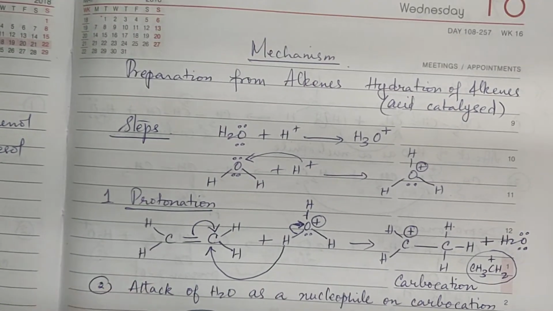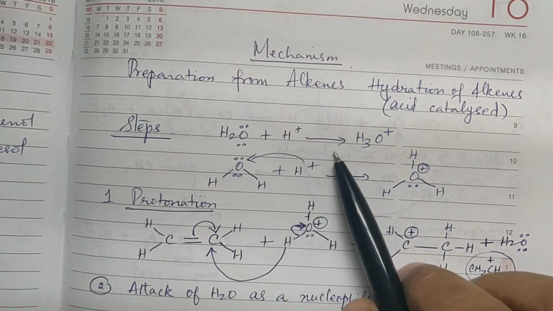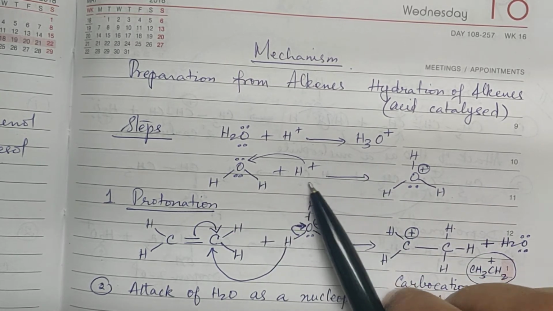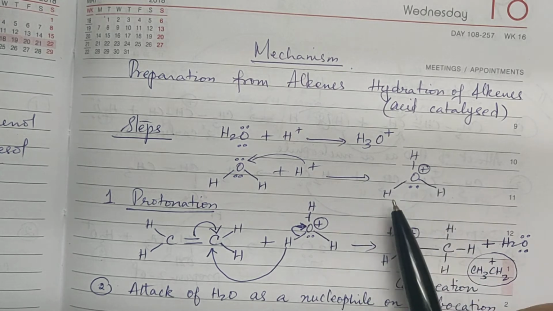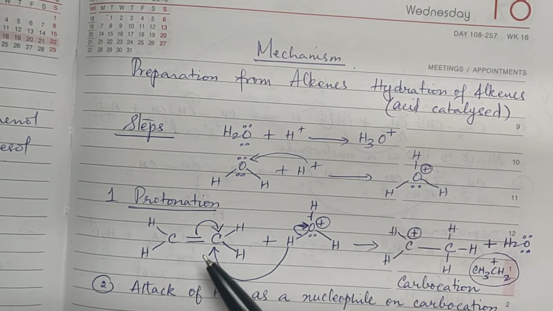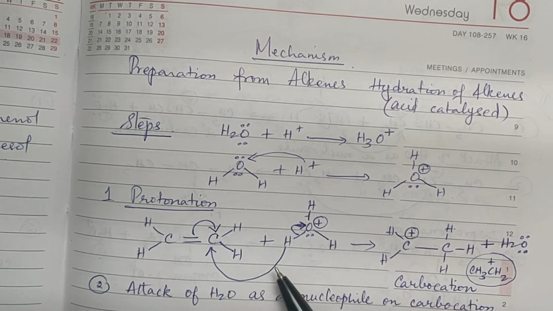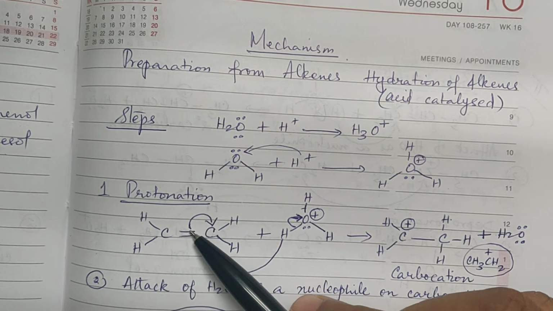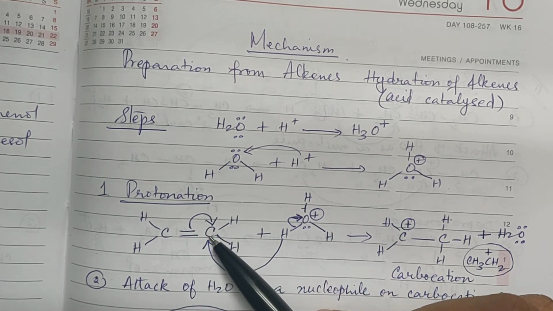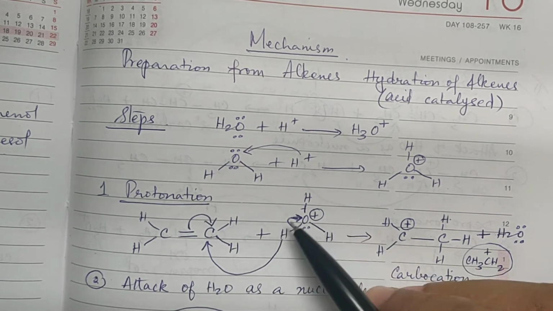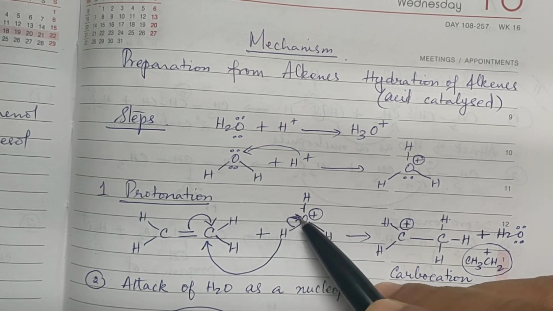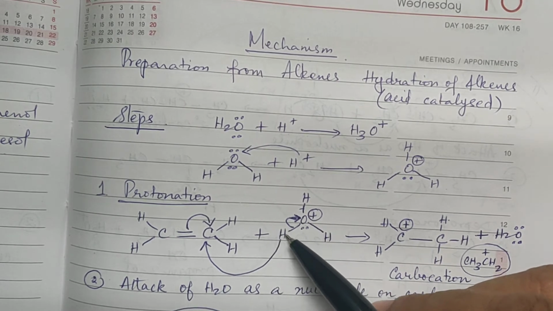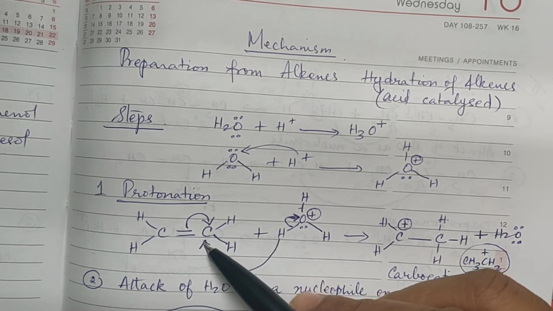hydration of alkenes. Now here, first of all, water is getting added to a proton. You get a protonated water, that is nothing but hydronium ion. Now that hydronium ion is attached to alkene. Now the pi bond pair is shifting towards carbon, this becomes C negative, and in this hydronium ion one of the OH bond is shifting towards O, which is holding a positive charge. So this hydrogen is left as positive charge, and that is getting attached to this negatively charged carbon.